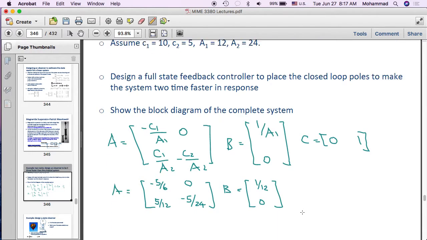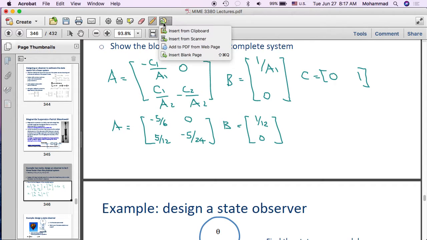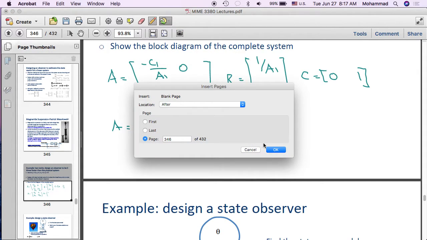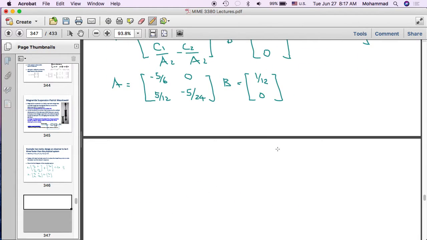So what we will do first is we'll go ahead and find the eigenvalues of matrix A. And for that, we need to find this determinant and set it equal to 0. So this determinant is lambda plus 5/6, 0, minus 5/12, lambda plus 5 over 24. So this is the determinant, which gives you lambda squared plus